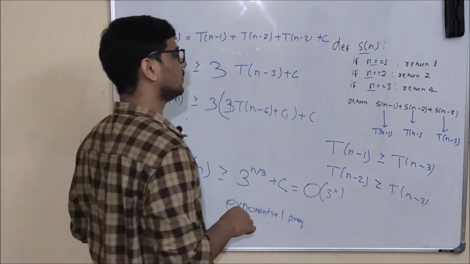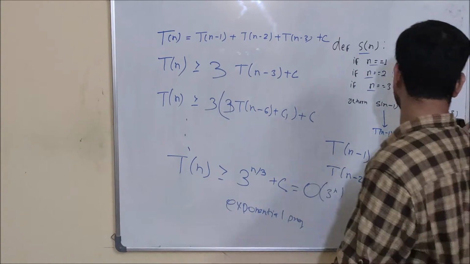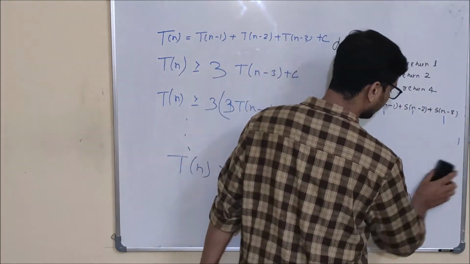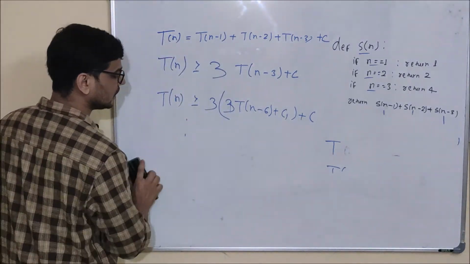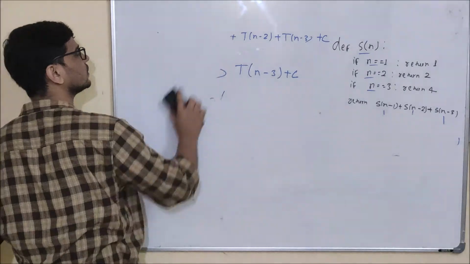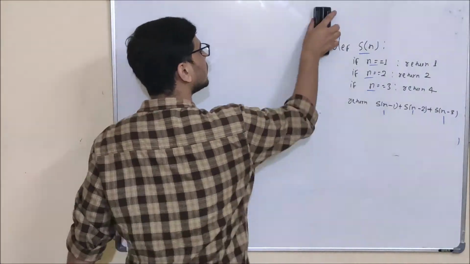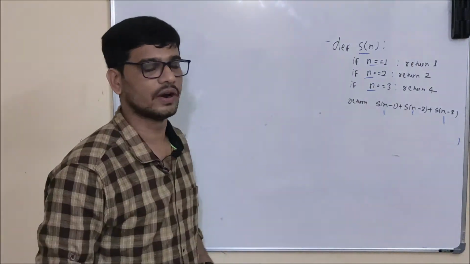Now what we will do? We will check if we can apply dynamic programming here. If you remember, what were the conditions to apply dynamic programming? Recursive equation, overlapping subproblem, and optimal substructure. Now we will check it one by one and see whether these conditions are satisfied or not.